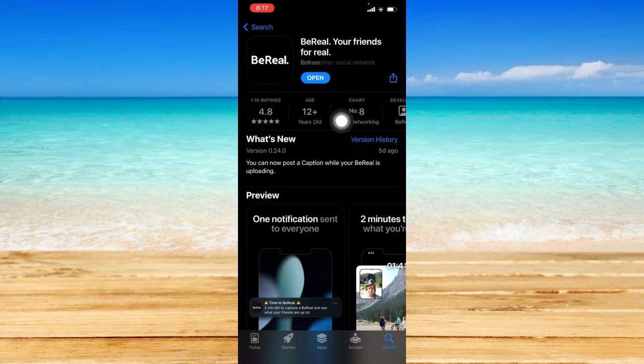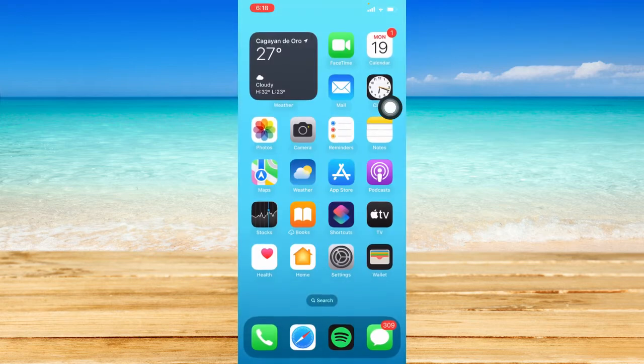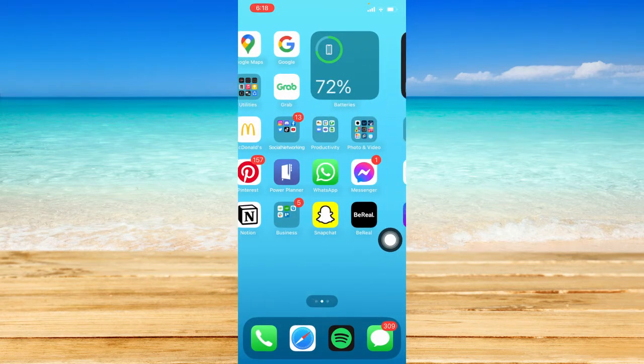Now, if it says open right here, that means that your BeReal app is currently up to date and you're good to go. However, if it shows an update option, that means that your BeReal app is currently outdated. So just click on the update button and you'll be updating your app with the latest features, especially the feature of being able to react to a certain post. So once you have made sure that your BeReal is up to date, let's just go ahead and open the